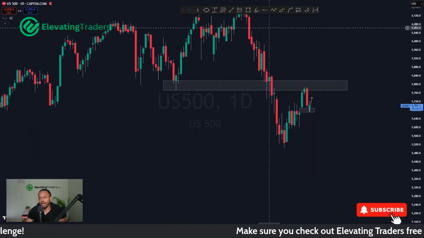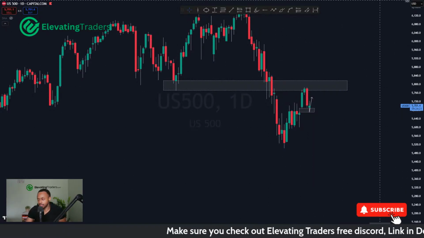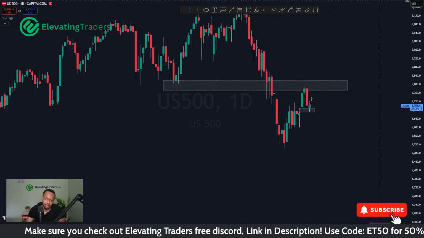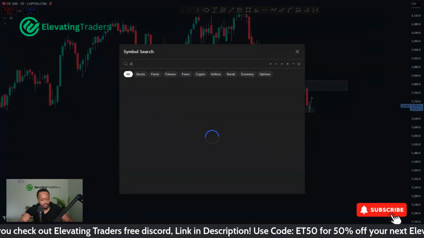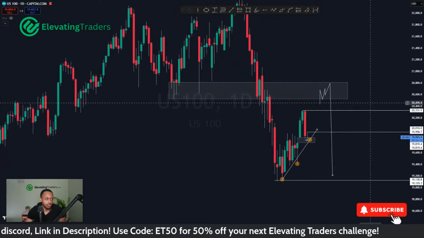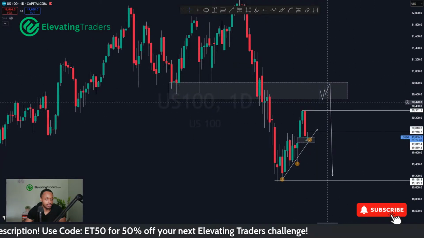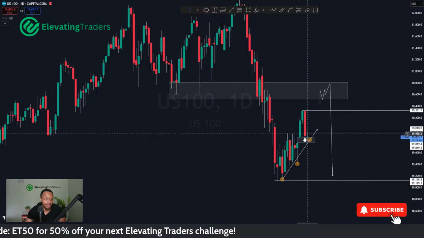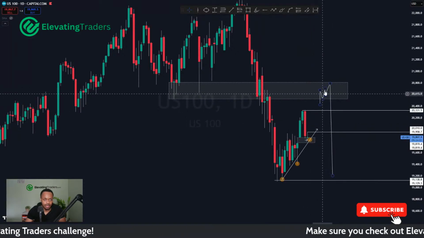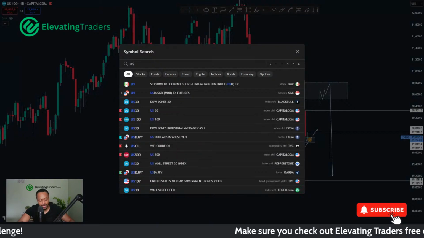So I would rather buy NAS because NAS still hasn't tested that big level yet. So NAS, I would still have the expectation that price is likely to test that level. If I quickly go to NAS so you can see what I'm talking about. So this level here, I still think price is likely to see a push there. So I like taking the buys because my expectation is price is still going to pull back to test that area. Because S&P